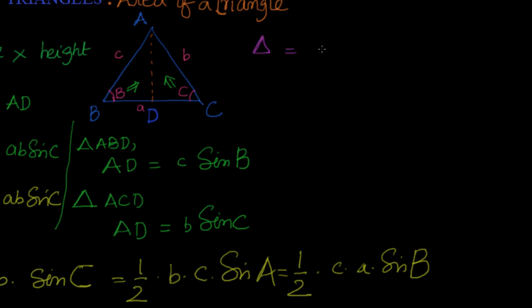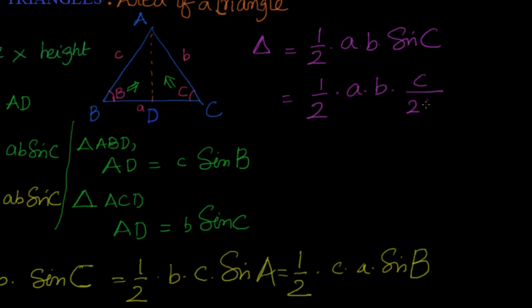Not only that, let's do one more thing. You remember what is the formula of tan a by 2? Tan a by 2 is equal to square root of sine will have s minus b into s minus c, and cos will have s and s minus a. That's what we remember, right? This is tan a by 2.